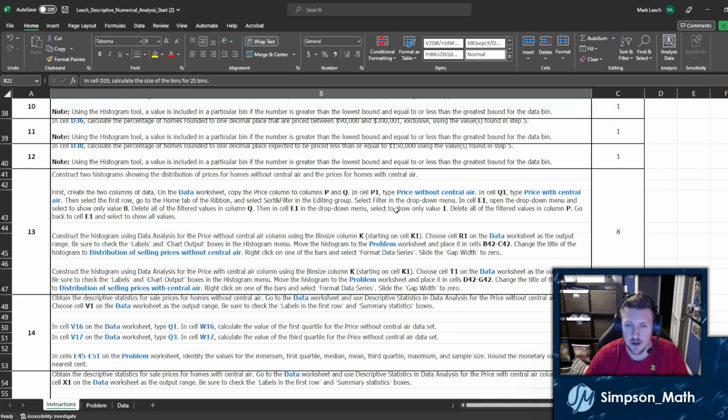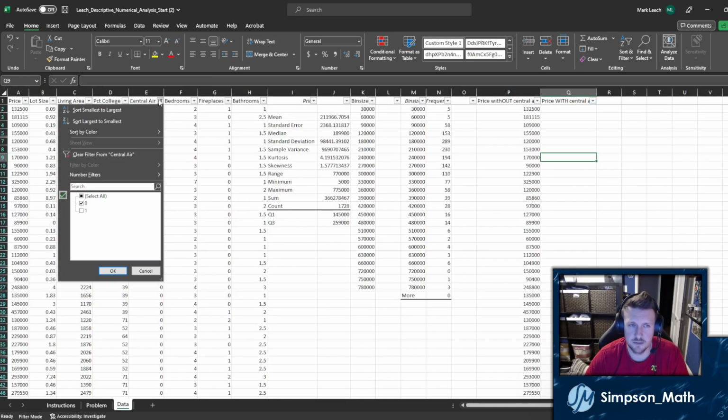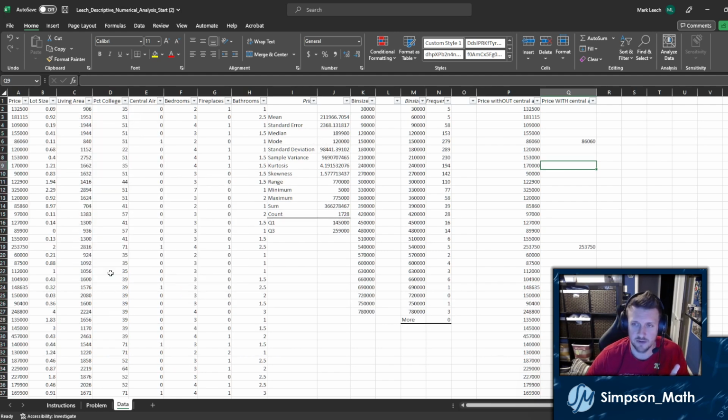Then in cell E1, go back and select all those that show only 1, and then select everything and delete everything from P. Okay. So I'm going to actually reveal a little bit of what's happening. I'm going to turn them both back on real fast. So you'll see